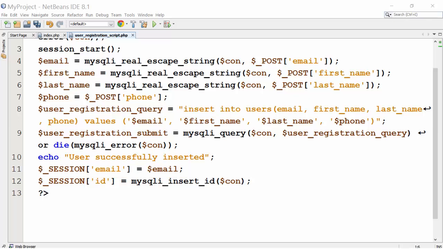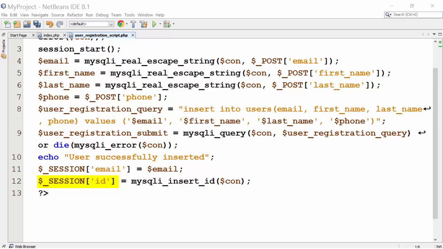Note that we don't mention ID when we insert the record. ID is the primary key column that increments automatically. We often need the value of this ID column for newly inserted rows in our code. We use the MySQL insert ID function for this. It returns the ID of the row that was recently entered. $_SESSION ID contains the ID given to this record by the database.